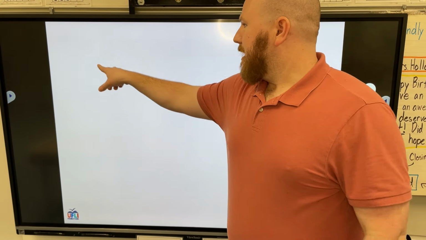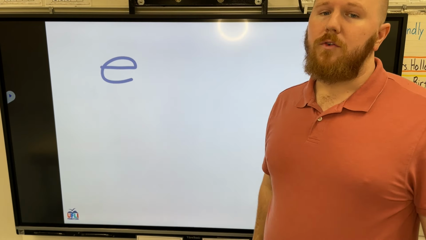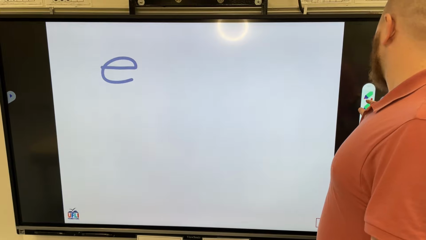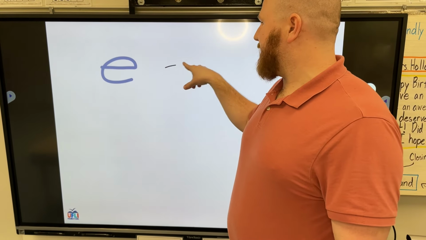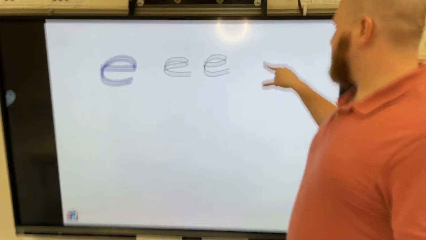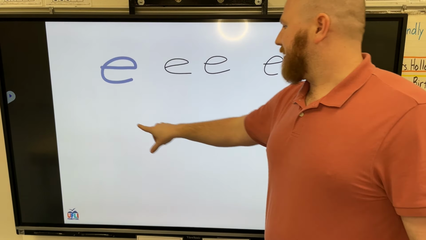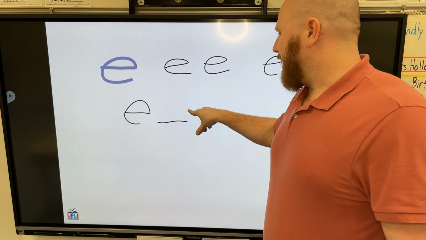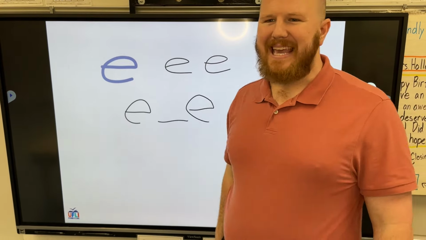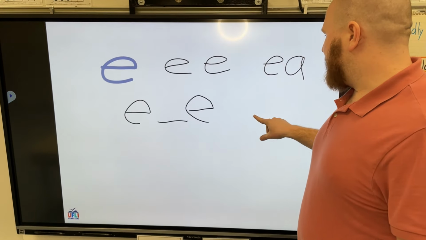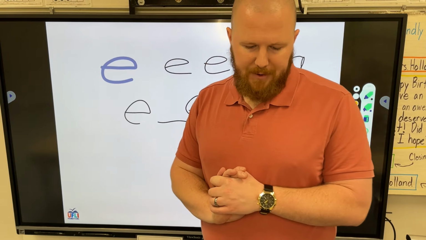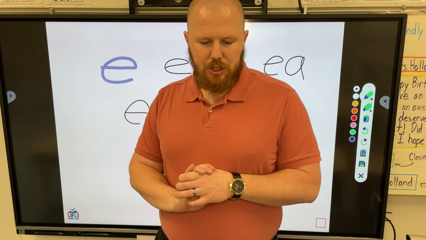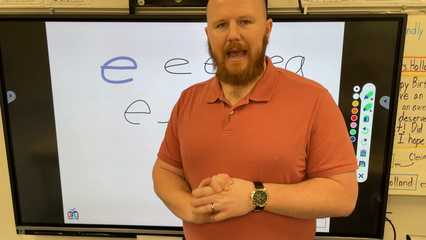Okay, so I see E by itself can do it. All right, E by itself can say it in an open syllable. I see E, I see E-A, I see words that have a silent E like Pete can say it. E-Y can say it. Very good. Lots of different ways to spell it. Okay, now let's do what can say